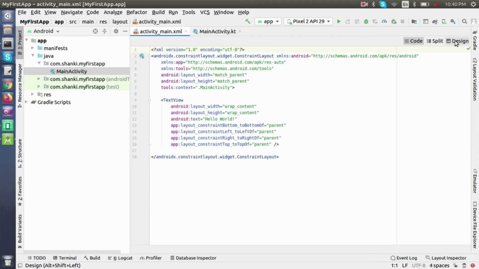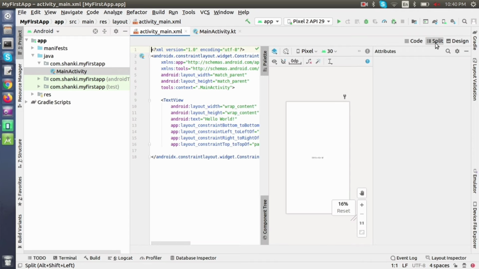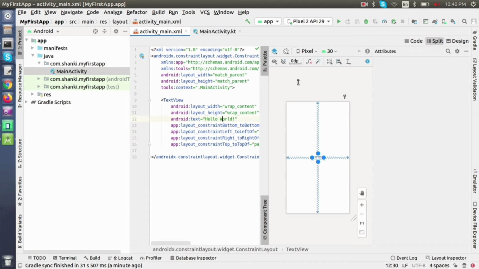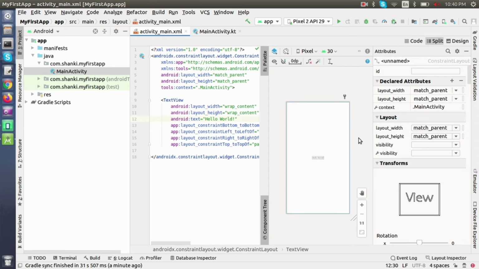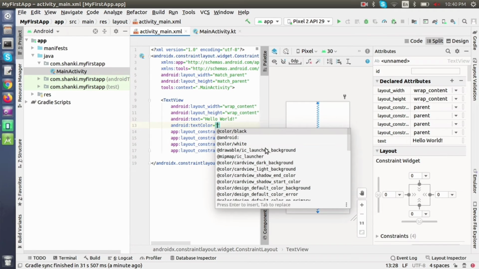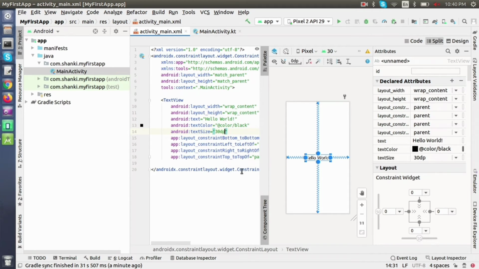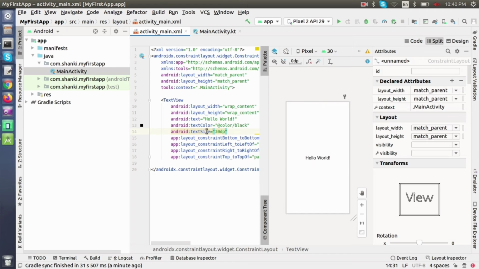You can see the three tabs. When you click on Design, you can see the design of our screen, and the middle one is where you can do the code and also see the changes, how your screen looks. So let's increase the size of the button to make it more visible. Text color black, text size 30 dp. In my coming tutorials I will explain how you can design your screen and what the different UI components are.